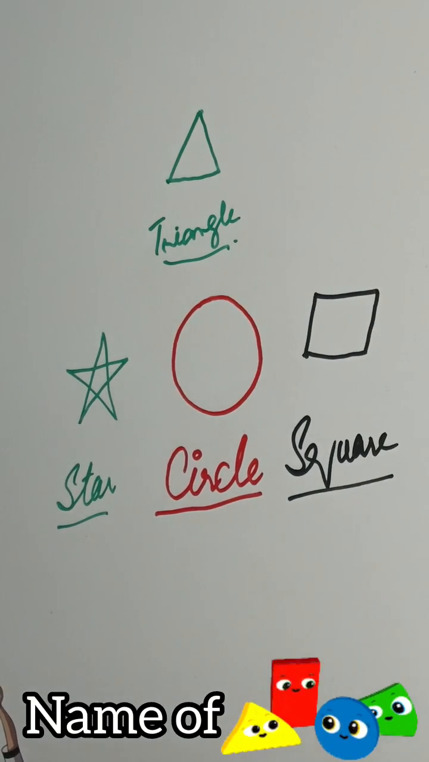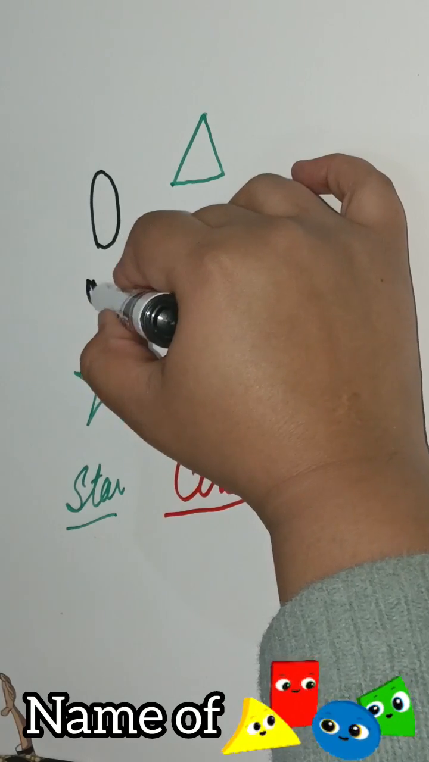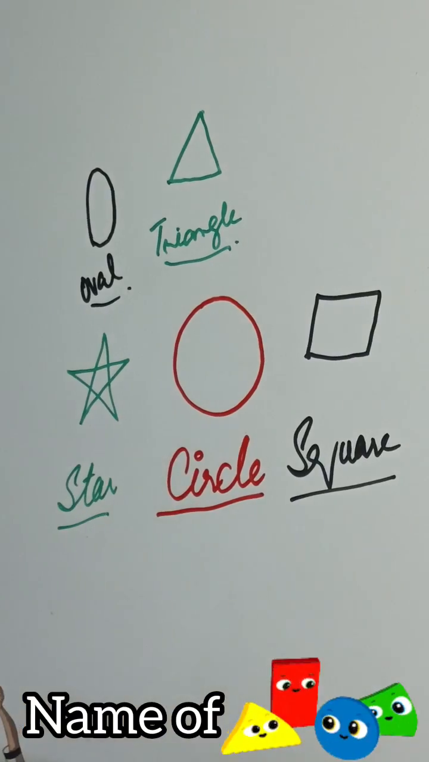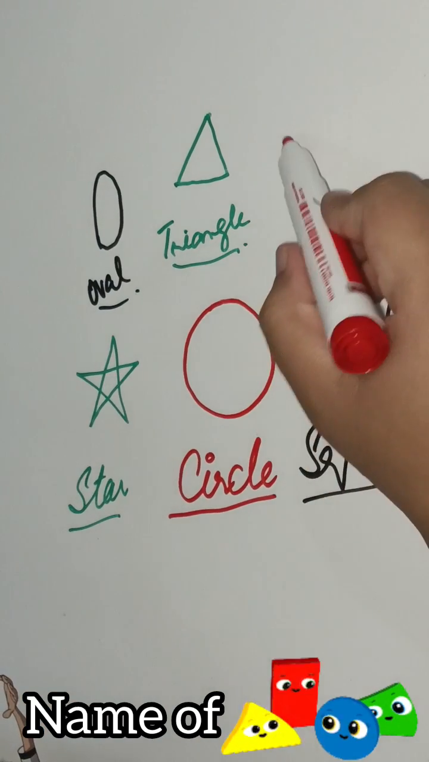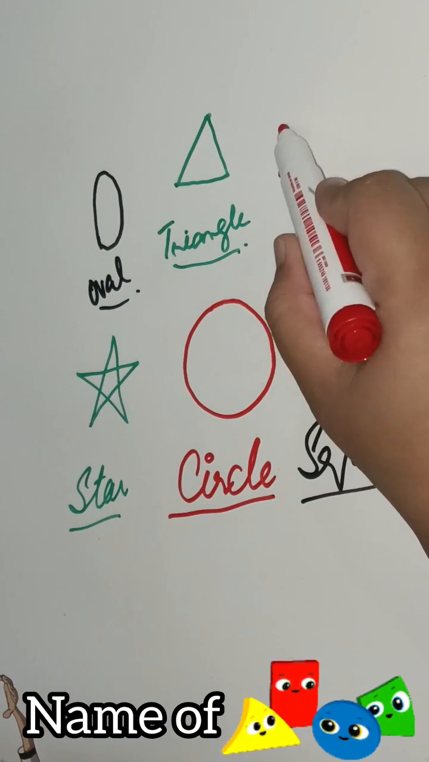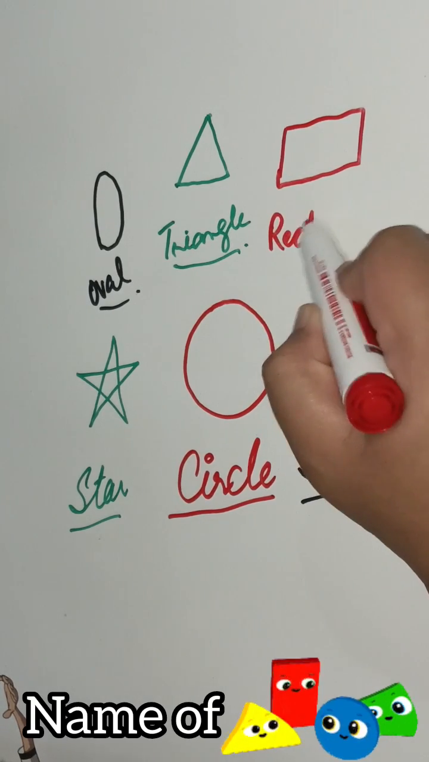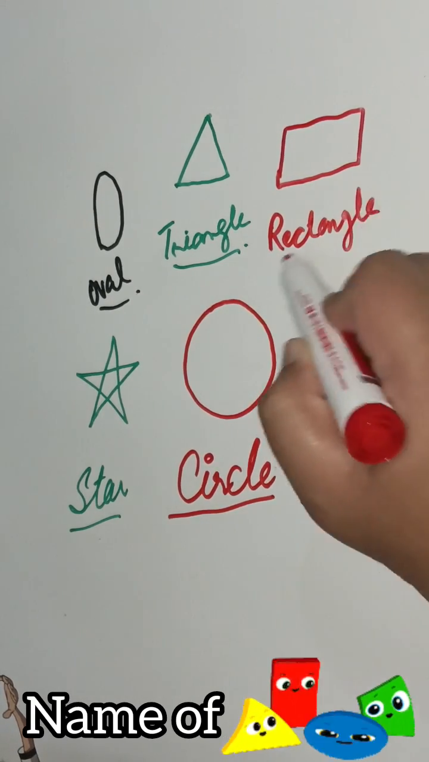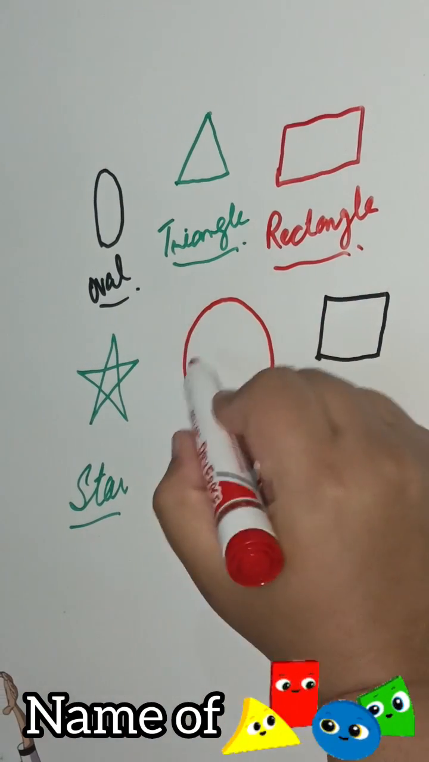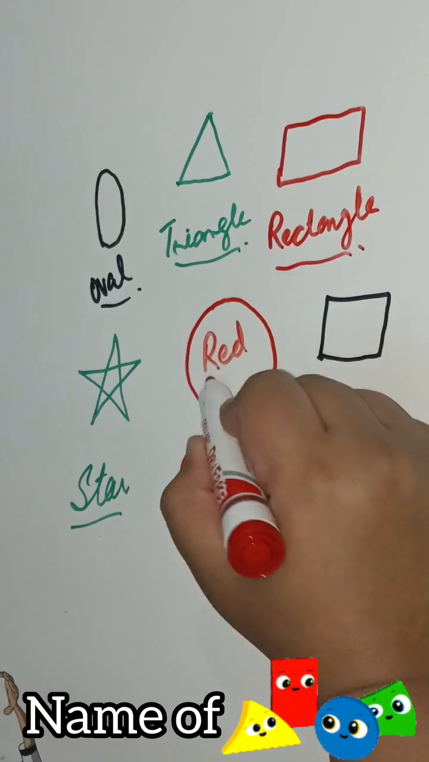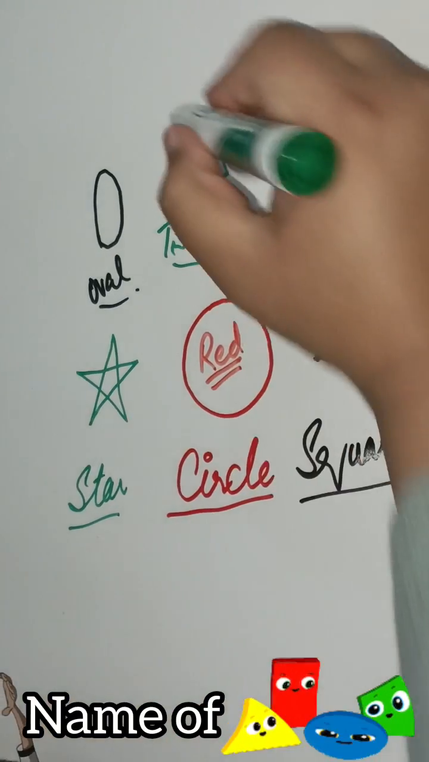Now I'm going to use black color and I'm going to draw an oval. So this is an oval, oval. So I'm using red color again and it's a rectangle, rectangle. So we have a circle and this is red color, and now we have a triangle and this is